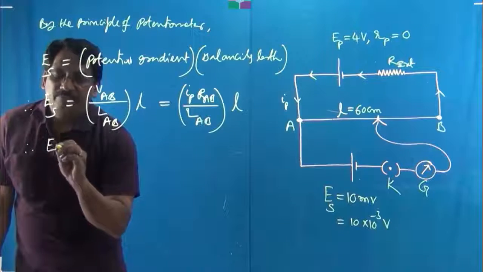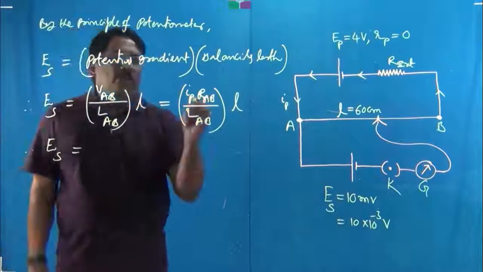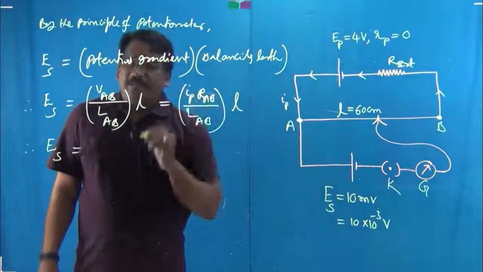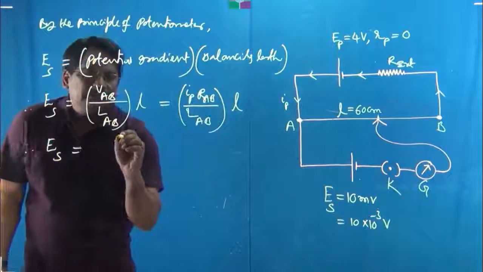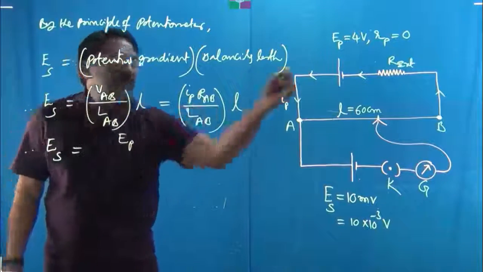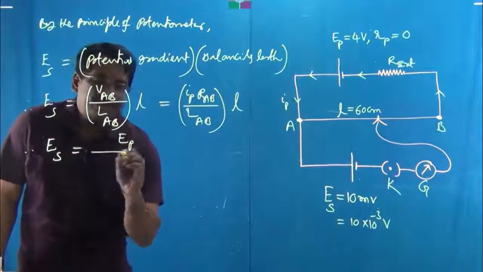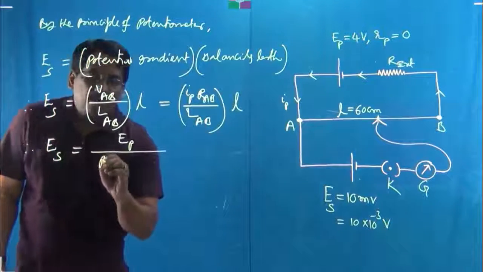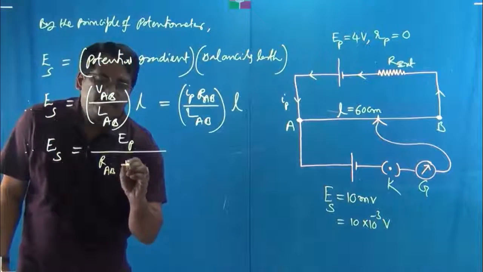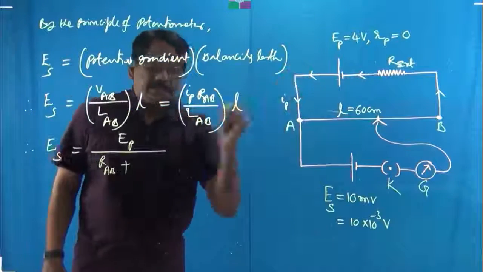Therefore, EMF in secondary equals, now I'll write an expression for I primary. I primary is nothing but EMF in the primary circuit divided by total resistance, that is R of AB plus R external